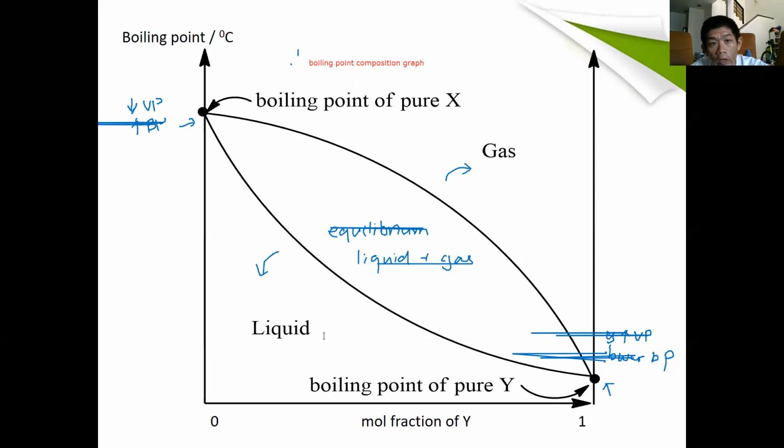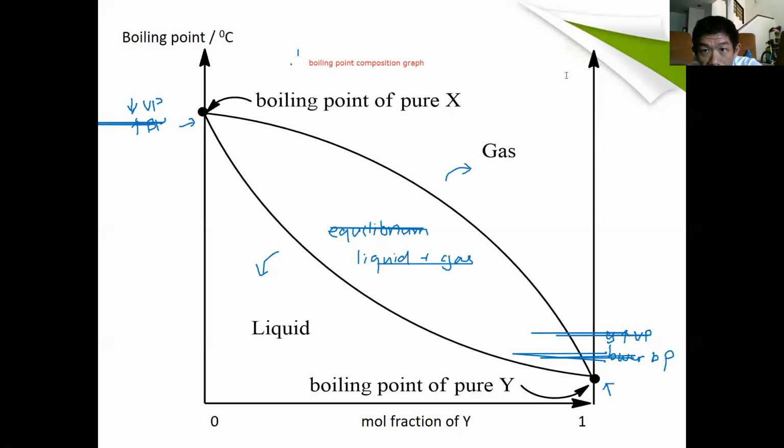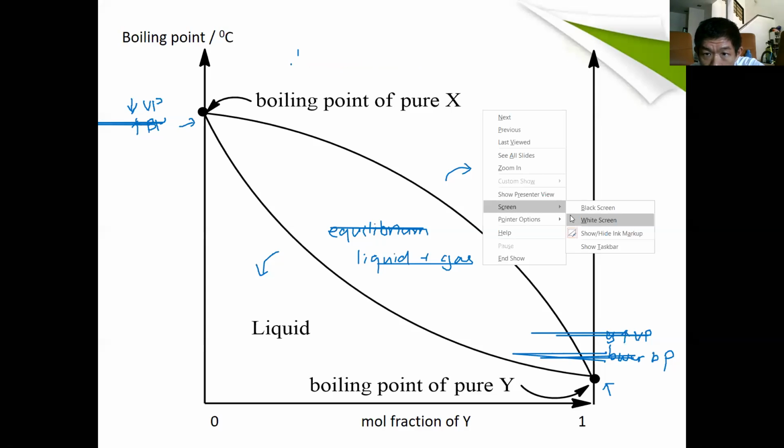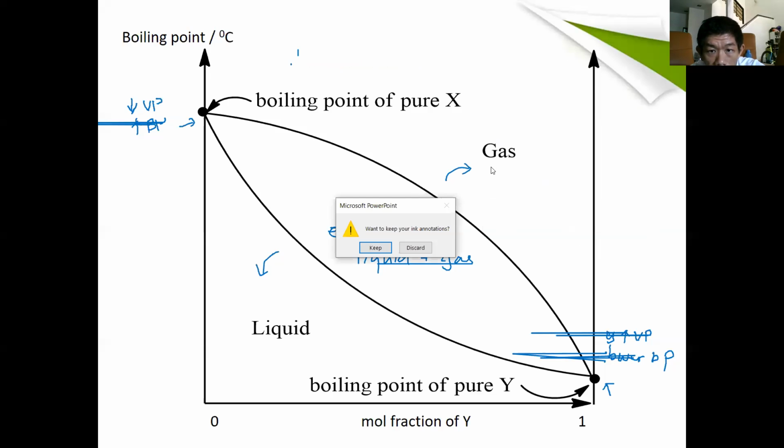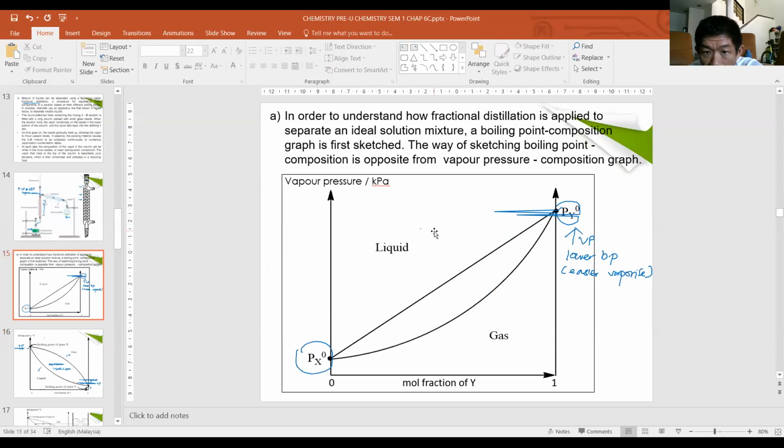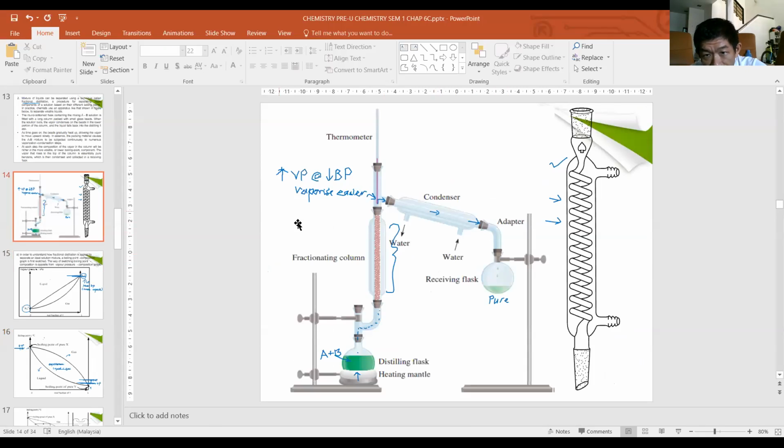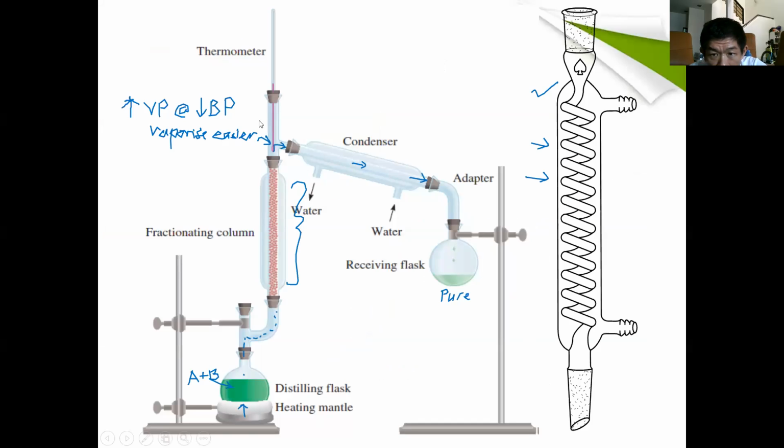So now we are going to make use of this boiling point composition graph to explain the principle of fractional distillation. Are you ready? So now back to the diagram where we use this one. Just now we said that this is the setup of apparatus, isn't it? So in this diagram, you can see that